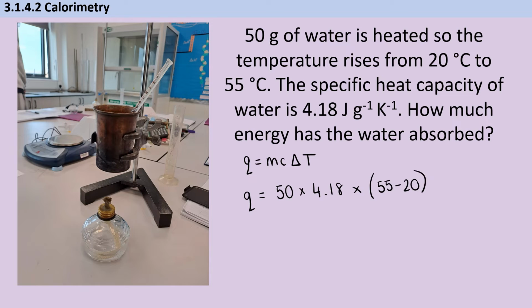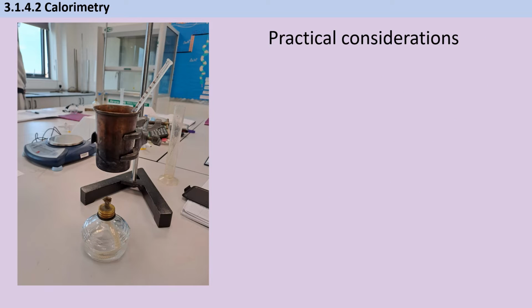So that's going to be 50 times 4.18 times the temperature change between 55 and 20. So that gives us an answer of 7,315 joules. Now let's think about a few of the considerations that are important when we're carrying out the practical that is going to allow us to collect the data to work out a value for the standard enthalpy of